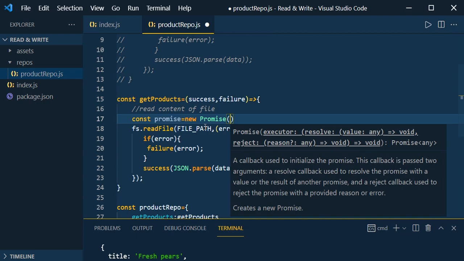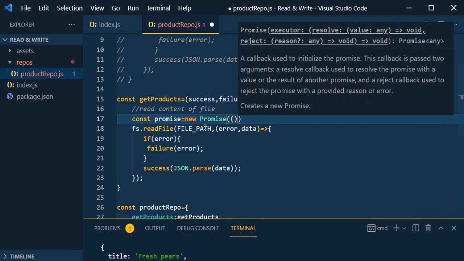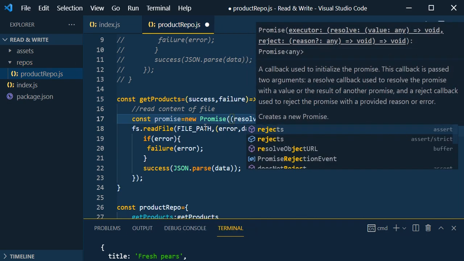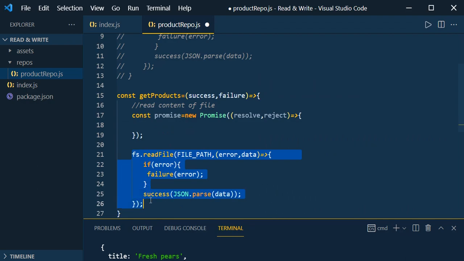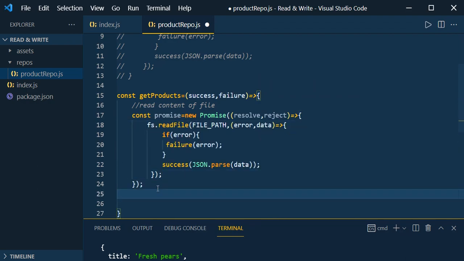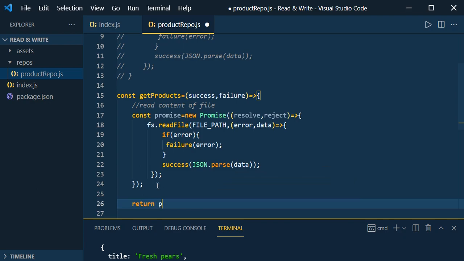A promise will have the executor function, and this executor function will have two functions again, resolve and reject. Take this entire code of reading the file and paste it here, and before that, whenever you create the promise, just return it.